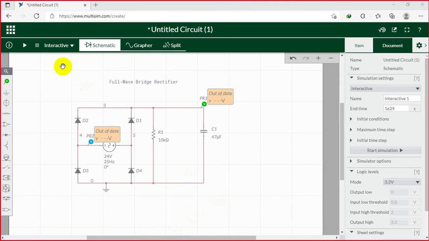Time for the simulation now. So go for simulation, grapher,